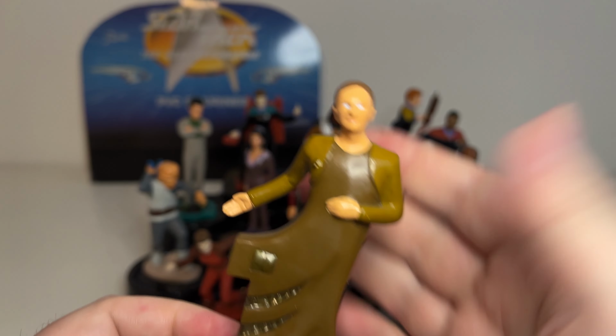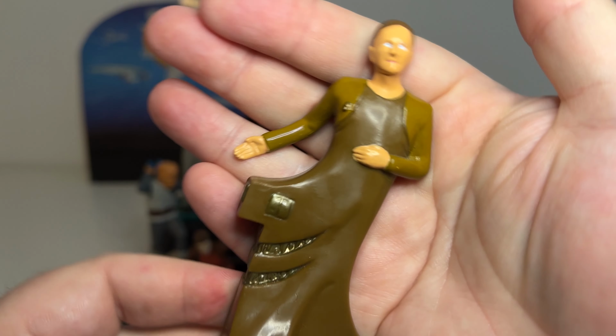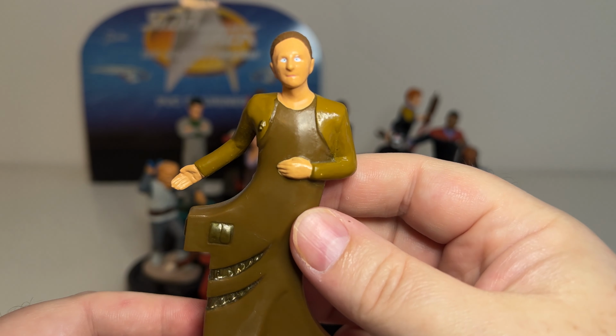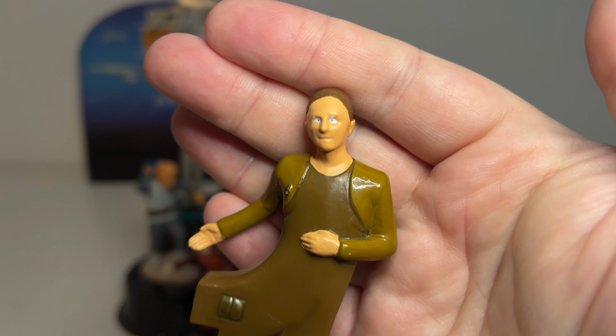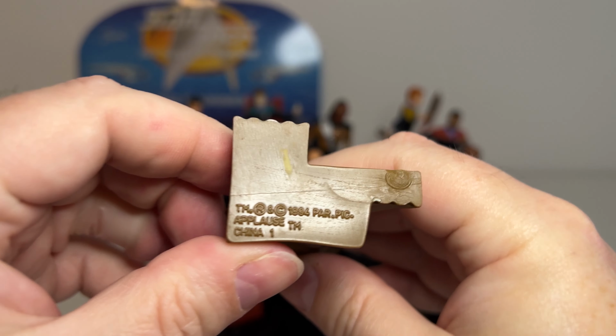But he's phasing out of a bulkhead, which is something he did in the first season a couple of times. Melding in with bulkheads, becoming mice. And then they kind of moved away with him being so many different things all at once. Let's see if we got a better...